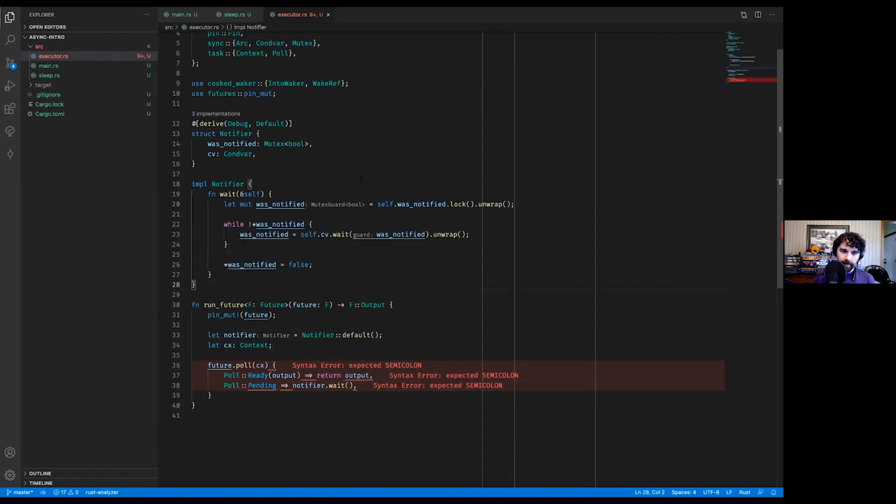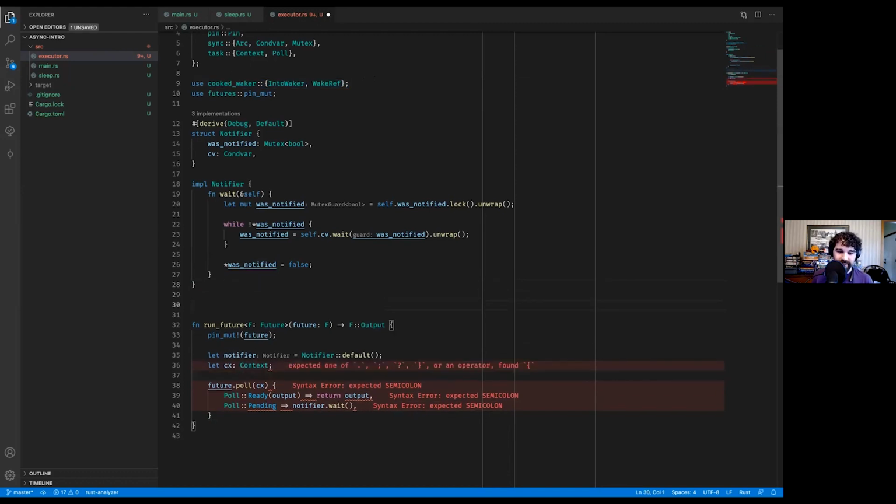The other half of this is a waker. Much like pin, making your own wakers is sort of a pain. It involves a lot of unsafe. It involves a lot of raw pointers and function pointers and so on. So once again, we're going to use a library. We're going to use a library that I wrote called cooked waker. This is called cooked waker because normally the type that Rust gives you is called a raw waker. And so a cooked waker makes a raw waker safe for consumption.